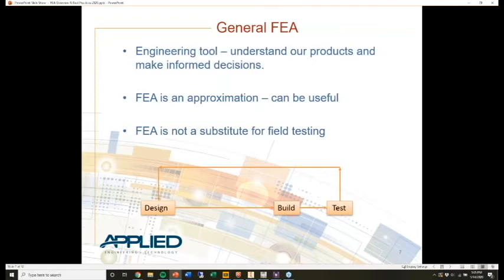So we start out with our detailed design phase. We might have a few different iterations there, and we move into actually building some prototypes and testing those prototypes. This cycle can be very time consuming and financially expensive, especially if we have to go through the cycle multiple times, right? If we can plug analysis in here and go from design to analysis, back to design, back to analysis, a few times and save us the time and effort of building multiple prototypes and testing those prototypes,